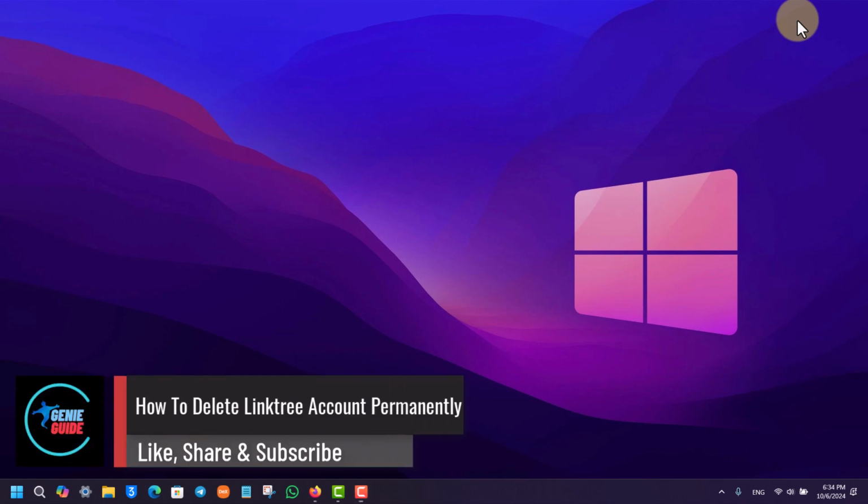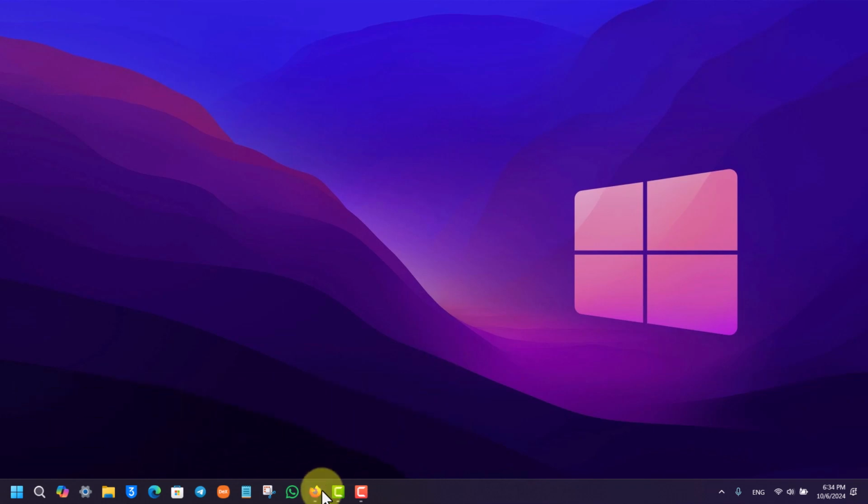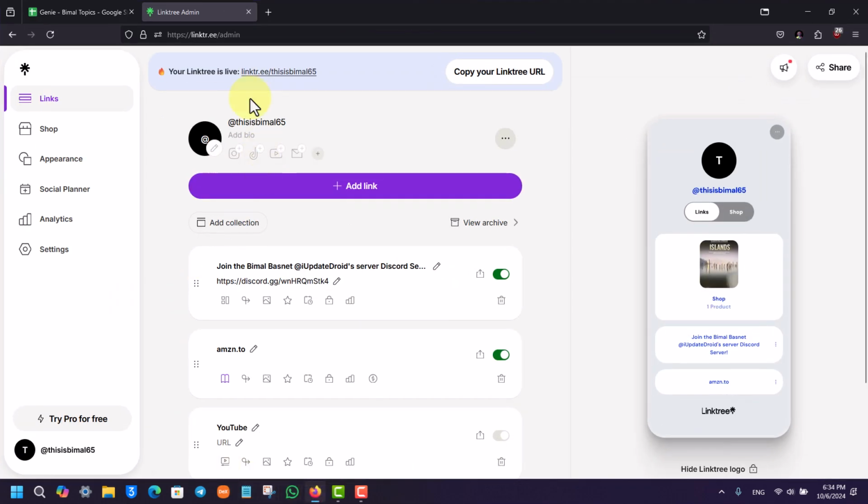How to delete Linktree account permanently. If you'd like to delete your Linktree account permanently, it's very simple to do so. You can just go to the Linktree website, which is linktr.ee. So once you log into the website, you want to just click on your profile name from the bottom